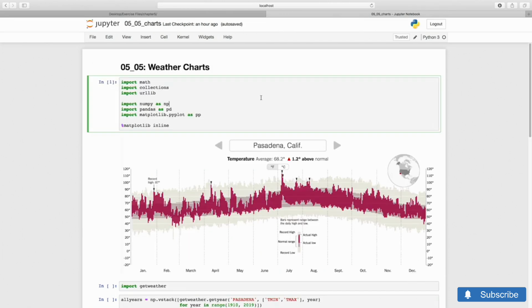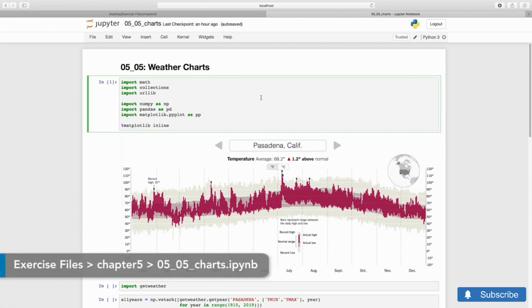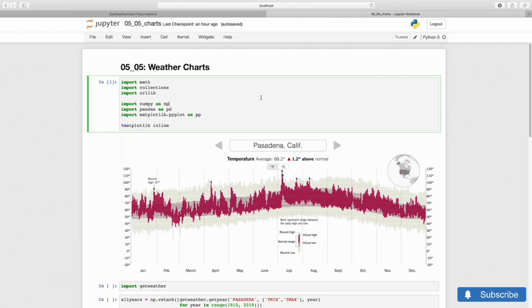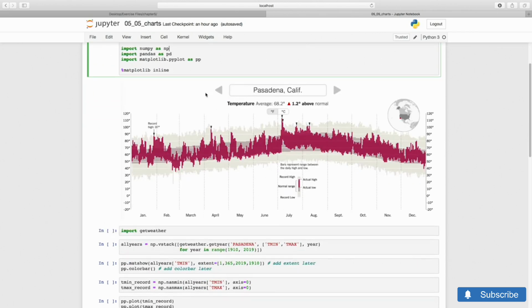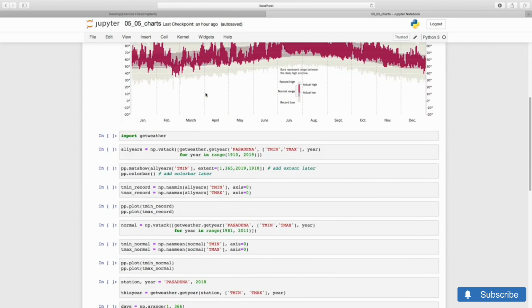We're going to conclude our NumPy practice by making a quick but impressive weather visualization that showcases the power and flexibility of NumPy and Matplotlib. It's inspired by the New York Times weather chart shown here, and it shows daily minima and maxima, the purple band, in the context of their normal range, dark gray, and of their records, light gray. We will again use Pasadena as an example, but you can do your own city if it's included in the NOAA dataset. Remember, we want to show records, which means that we need all the data we can get.